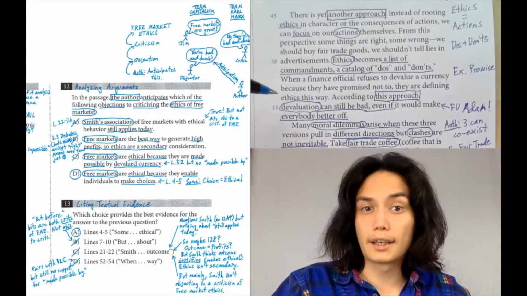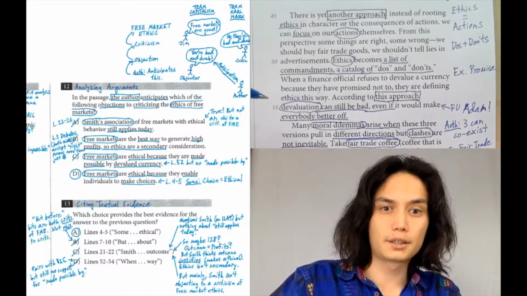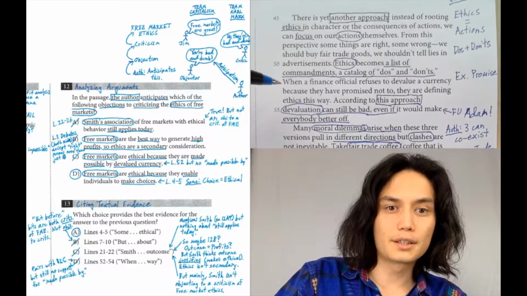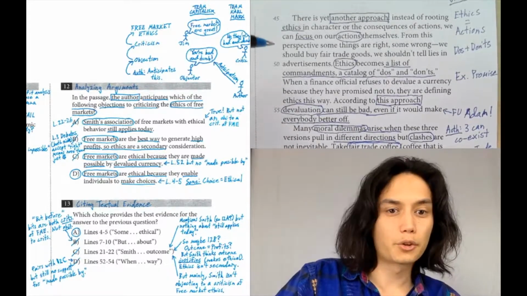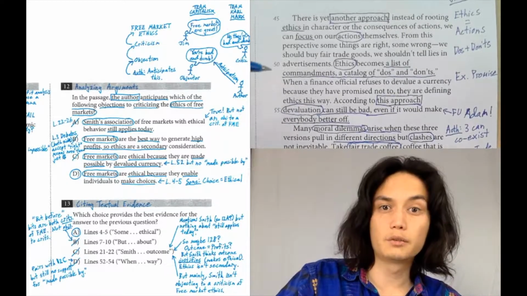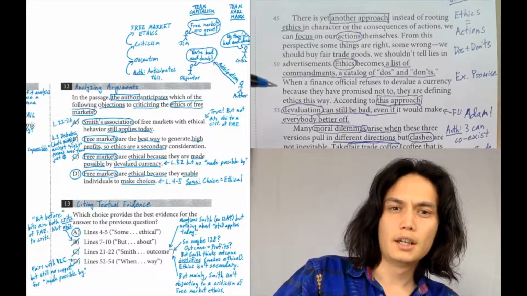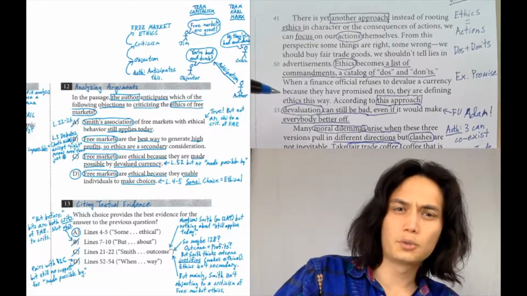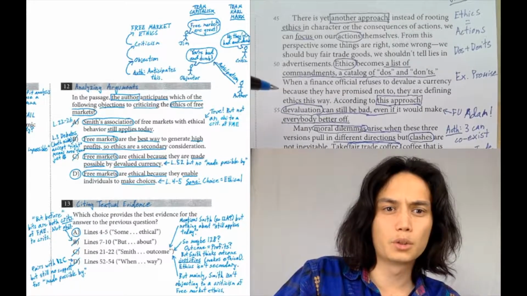Devalued currency in here, in the annotations video I said you don't even need to know what it is. Still true. You don't need to know what it is, right? All we need to know, though, is that it is an example of viewpoint number 3. It's an example of people thinking of ethics as a list of do's and don'ts, about people focusing on actions, and it's one specific action you can do, devaluing a currency. Here in the example, the finance official doesn't want to do that because they promised not to, and the focus of this example is really on the promise.